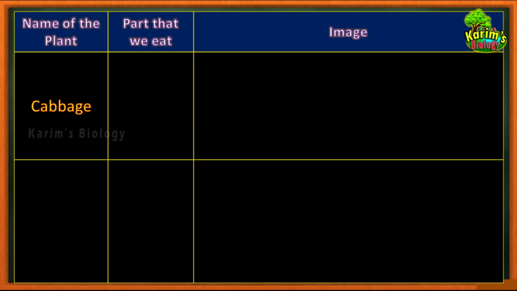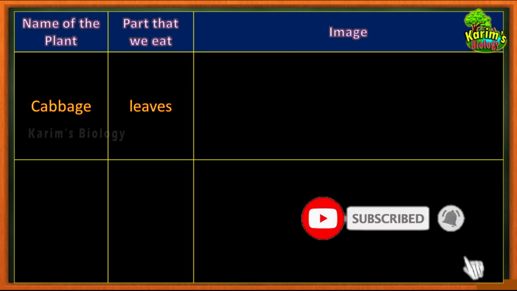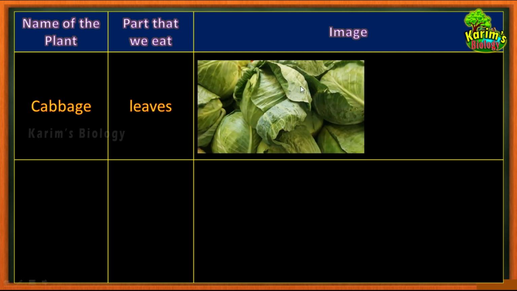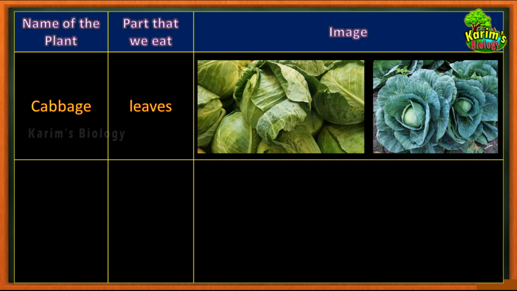Okay children, so next one is cabbage. This is also very simple. You have seen this cabbage so many times, and it is very easy to find out that the leaves of the cabbage are being eaten as ingredients, as food material. Okay, so this is the cabbage plant. You can see the leaves. This is actually the bud, the apical bud of the cabbage, right? When the bud opens, this is how they appear. You can see some leaves over here which are open.